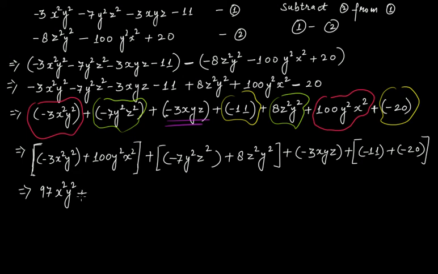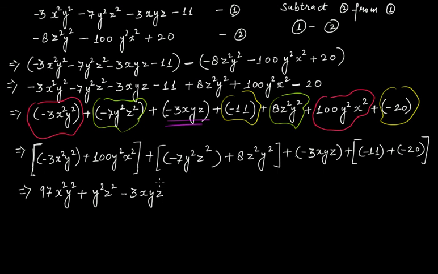Now here it is plus, this is minus 7y squared z squared plus 8z squared y squared. This makes it y squared z squared, because 8 minus 7 is 1 and we don't need to write 1 if it is coefficient. Then plus outside the bracket, within the bracket is minus, so this is minus